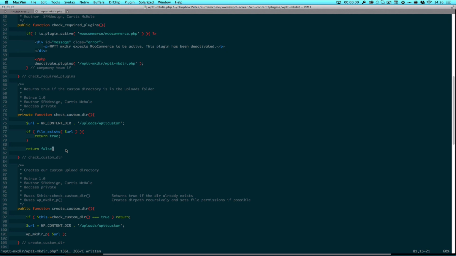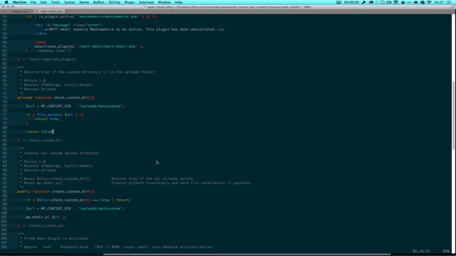Again, the single responsibility principle out of SOLID, which is just a best practice on how to write programs, or one of them. And that states that our function should only do one thing. So the job of my create function is to create it. The job of my check function is to check if it exists. That's it. It's not supposed to do other things. We don't put a bunch of other fancy logic in there. It does as little as possible every time. That can also help when you're building testable stuff and using tests to test them, because each function has one responsibility. And that's it. If I save this now,